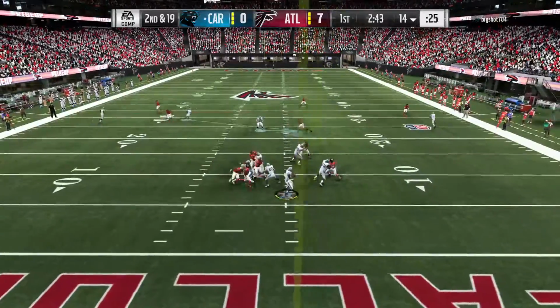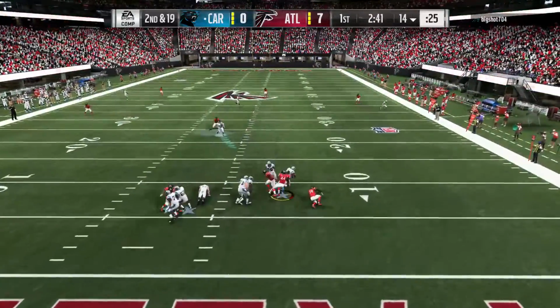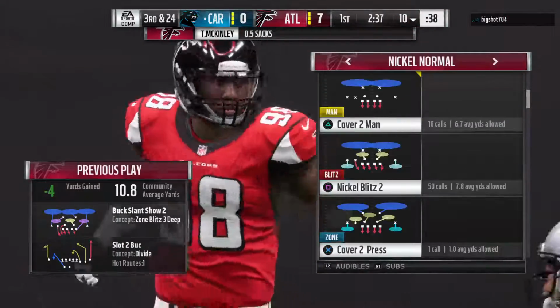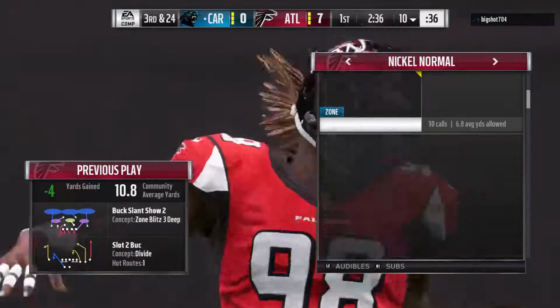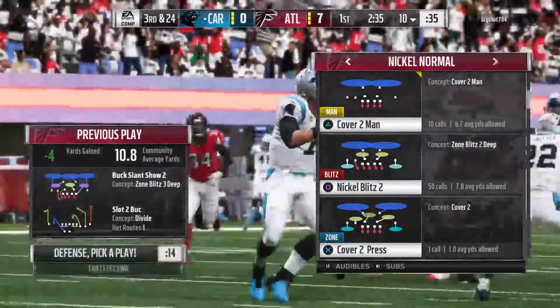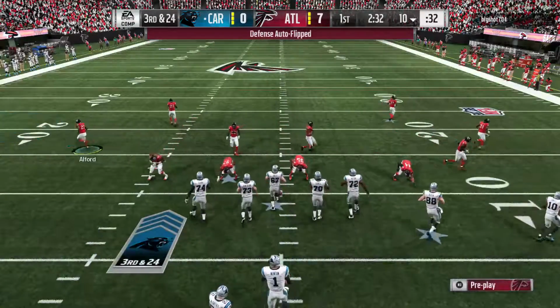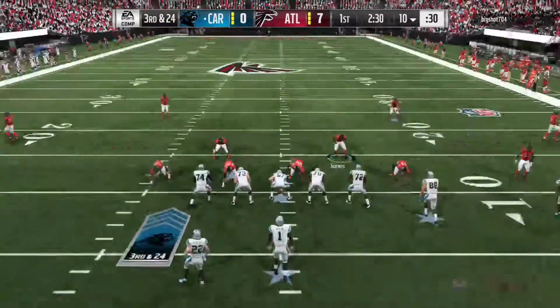A shotgun snap for Newton. Flushed out again. Now the pressure comes and he goes down. Just inside the 10, back at the 9. Tech McKinley in there to get him. And this pass rush strong now. That sack's on back-to-back plays. After the sack, they'll come up now